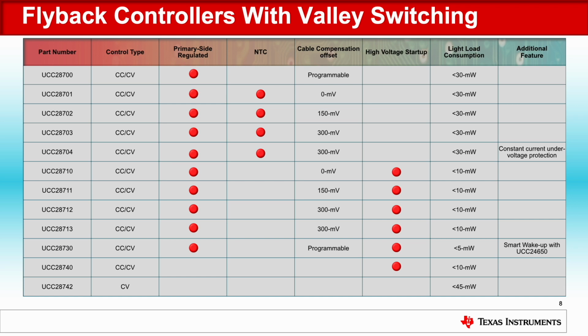The advantage of the high voltage startup is you eliminate the need for a resistor to do the startup, and this actually helps to minimize power consumption because the internal circuitry can shut down the leakage path when the controller is up and running. Also, what's shown here is the different light load consumption of the various controllers and some additional features so you can differentiate the products. The difference that you see with the UCC28704 is that it has a constant current undervoltage protection, which means if you have a soft short at the load, it will detect that and be able to shut down. Or the UCC28730, with its ultra light load power consumption, does actually work with our wake up IC. This allows you to support a fast transient response with about 1/7 of the capacitance.